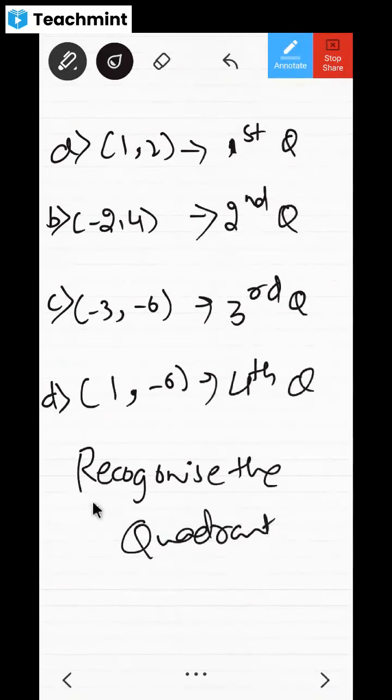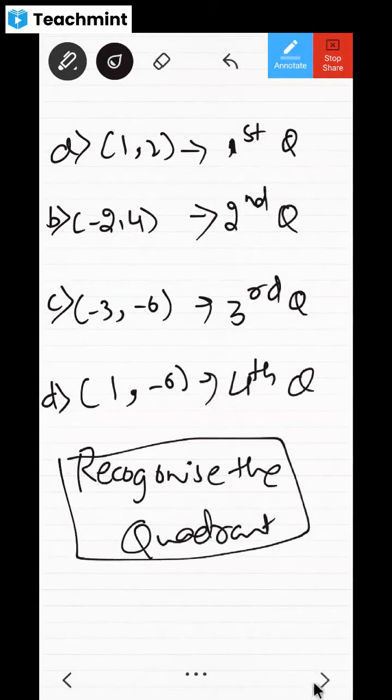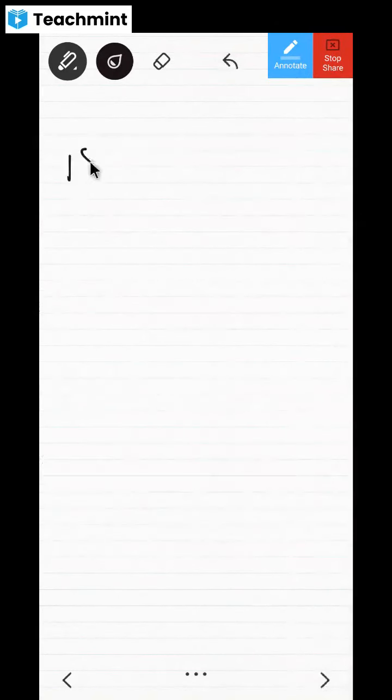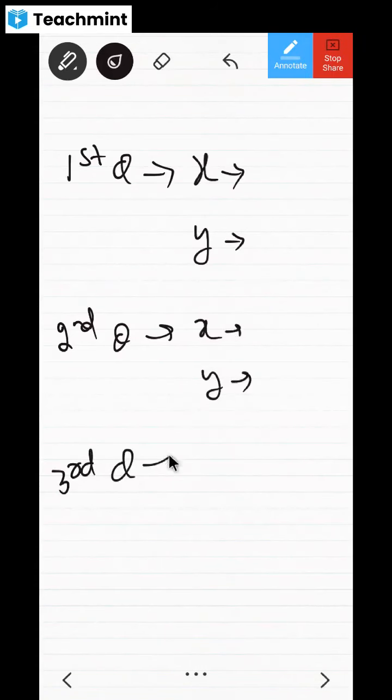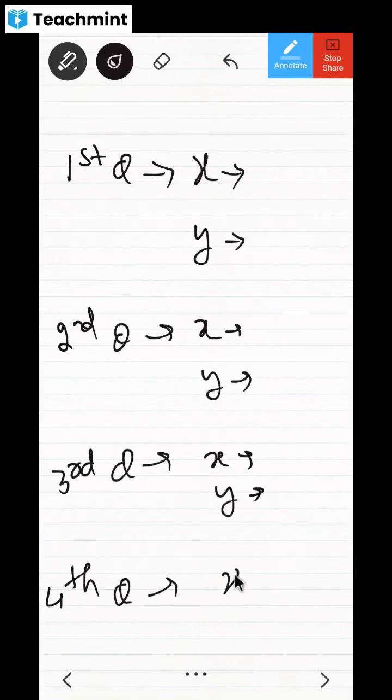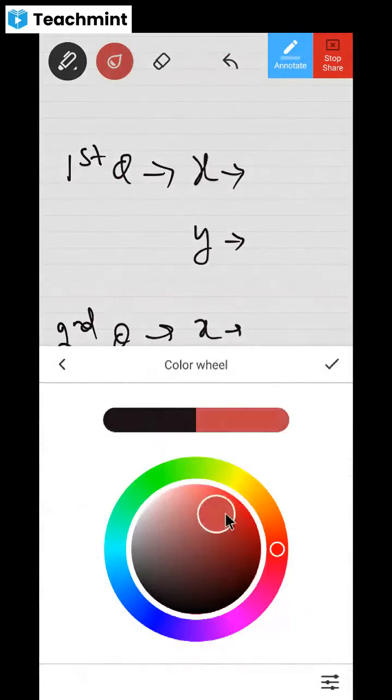These kinds of questions are there in the 9th standard textbook. Now, in the first quadrant, x is and y is. You write this, you complete this. X is positive or negative, complete that. In the second quadrant, x is what? Y is what? In the third quadrant, x is what and y is what? And in the fourth quadrant, what x is and what y is. Please complete this table.